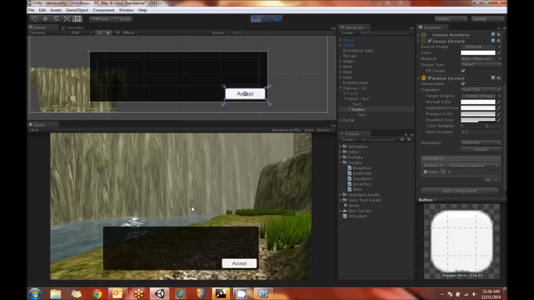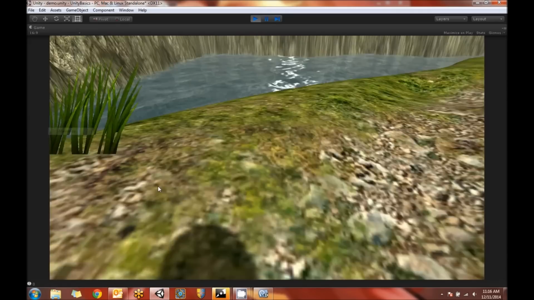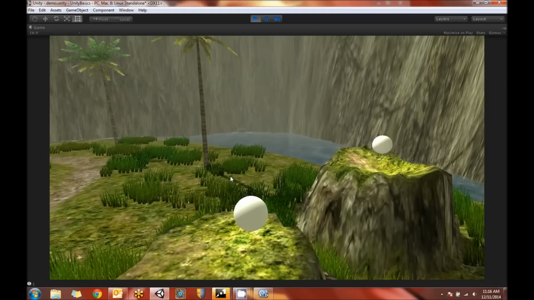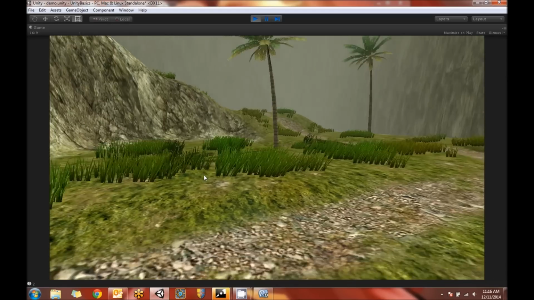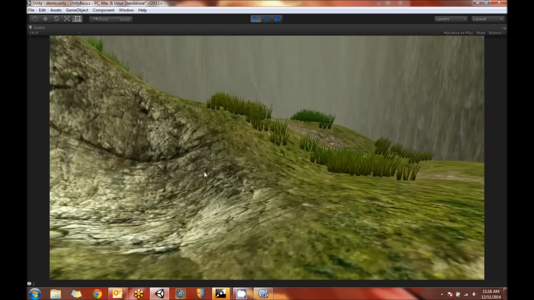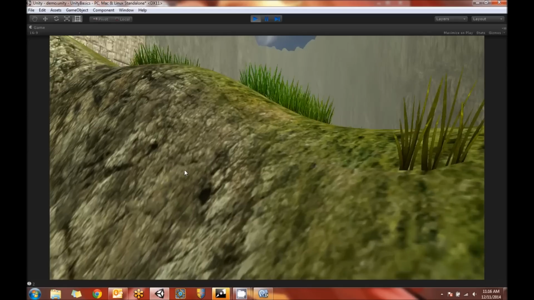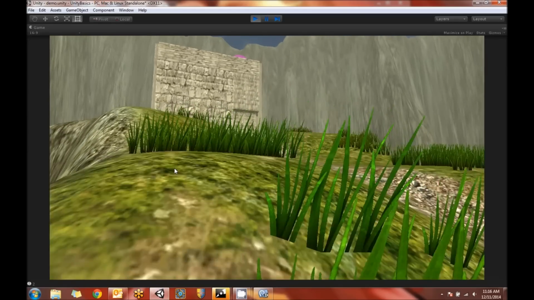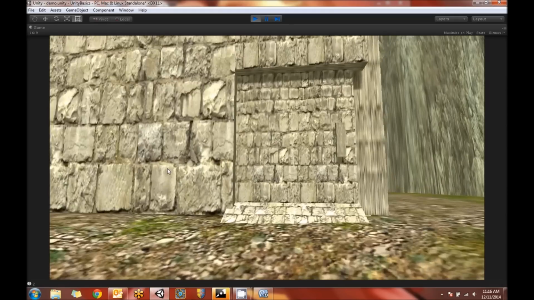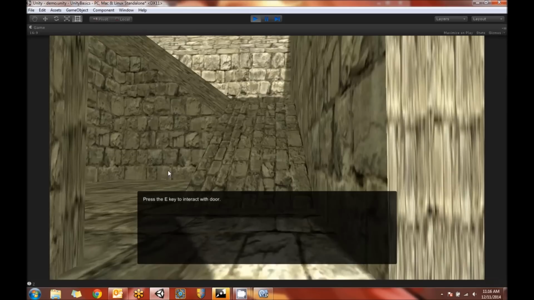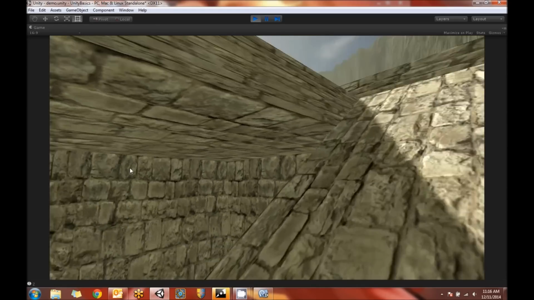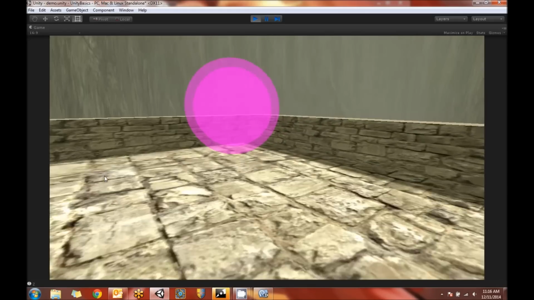So if I hit play, let's go ahead and maximize this. We have our items. If I pick up an item, they go away. So that's there. I'm going to run up the hill. And here we go. There's the portal at the top. There's our door. If I run to the door, it's going to use our first message type. It's going to say press E to interact. I press E and I run into the building. Going up the stairs. And there's the portal. If I walk into the portal,